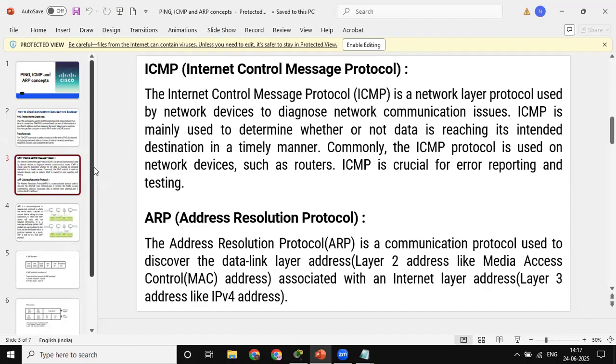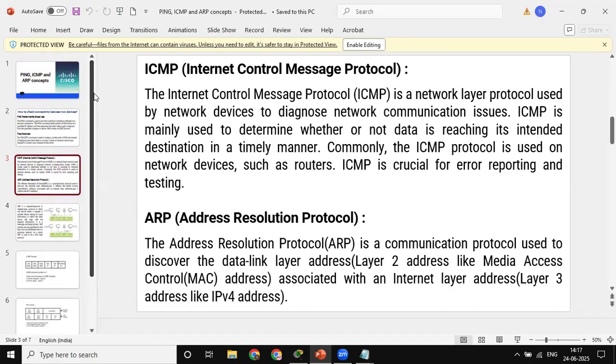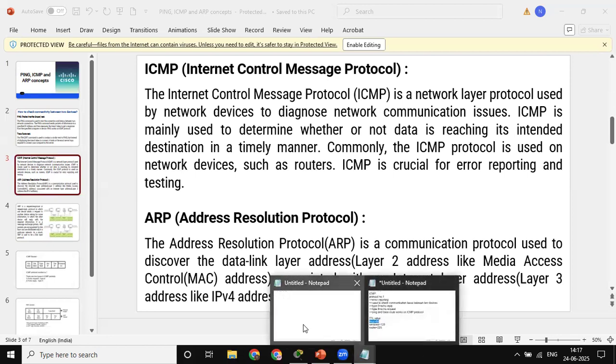Next concept, ARP, Address Resolution Protocol. This is a quite important topic. Before going to ARP, I need to know what a default gateway is. The default gateway is the hop that we use to reach outside our network. For example, if I'm having a topology like this,